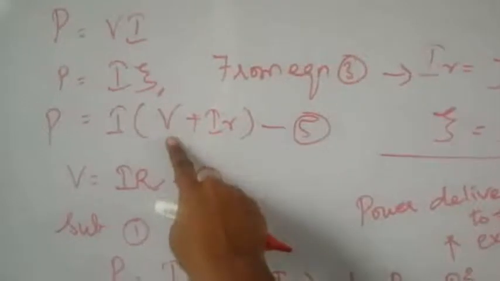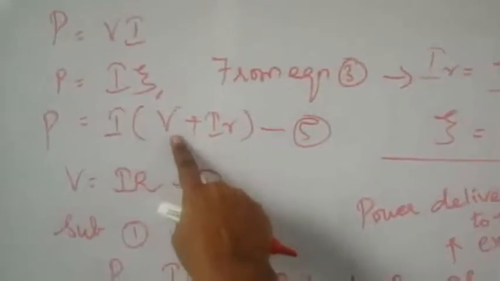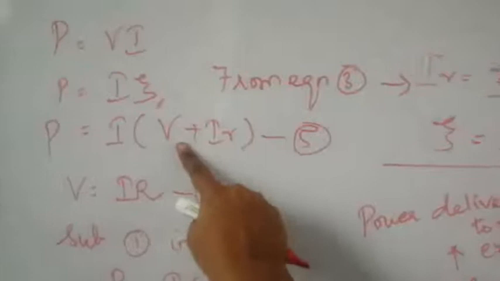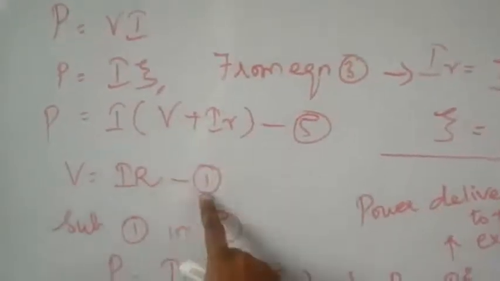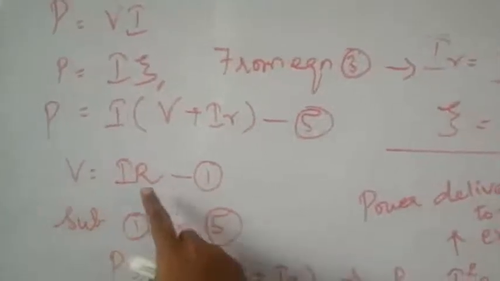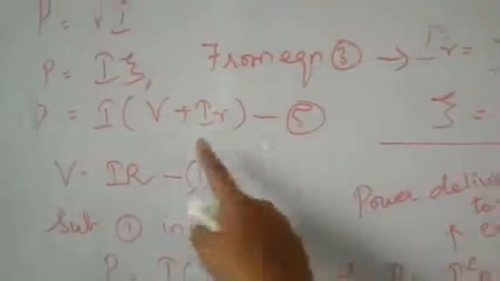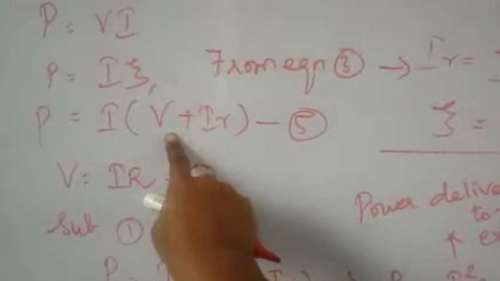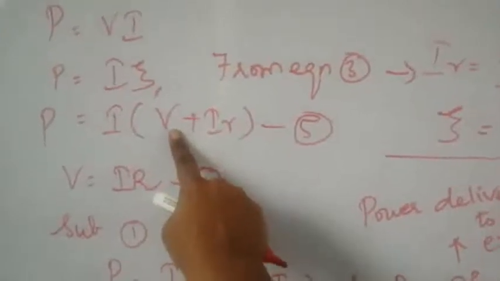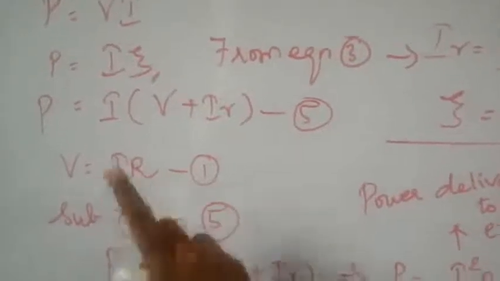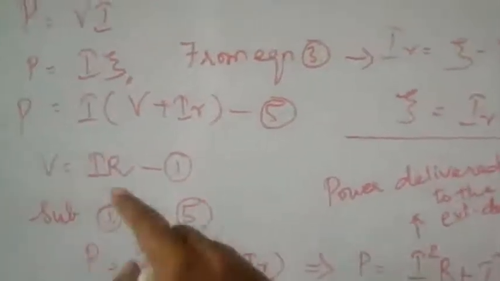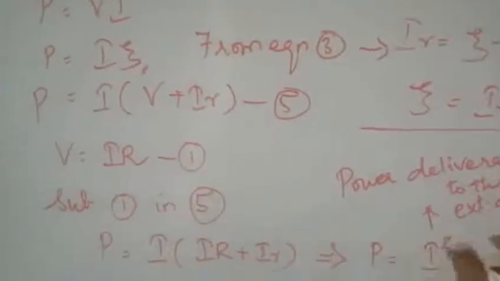And this is for the power inside the battery. And you have this V here. This V is nothing but the voltage provided by the external resistance. And we know this is given by the Ohm's law by the first equation. V is equal to IR. This R is external resistance. The voltage dropped in the external circuit. This voltage drop will happen because of the external resistance connected in the external circuit, right? So this voltage V is equal to I into capital R.